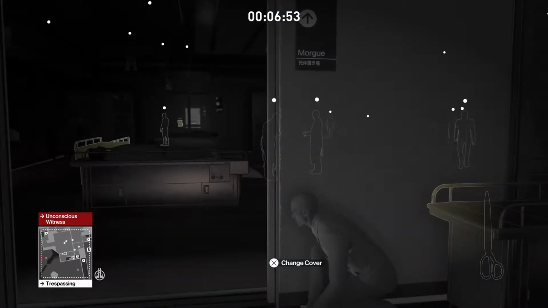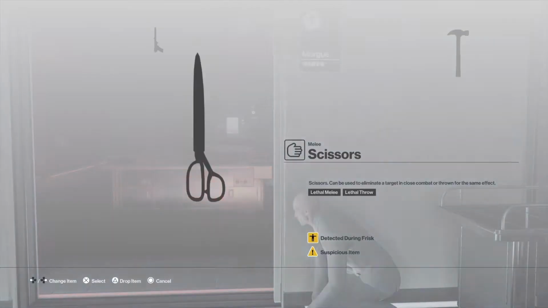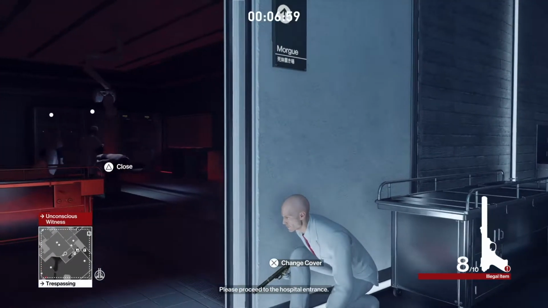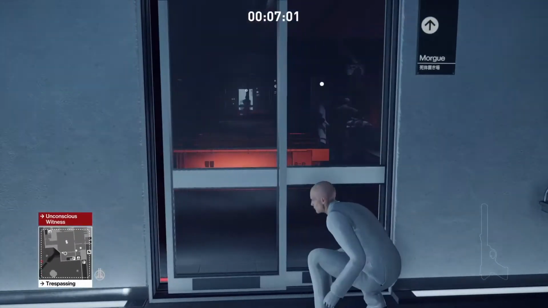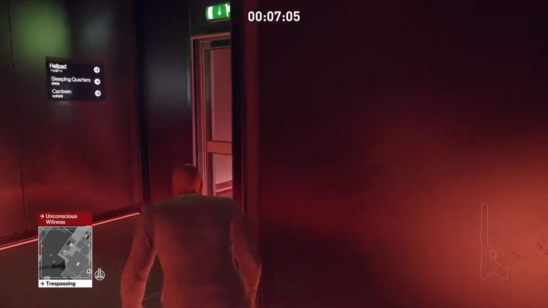After that, you can just leave through the morgue. It's very simple, just wait for the guards to be on the rotation where they aren't going to bump into you, and you can just walk out. You won't get stopped. Just going back a moment though, to if you didn't bring in a Krügermeier with you